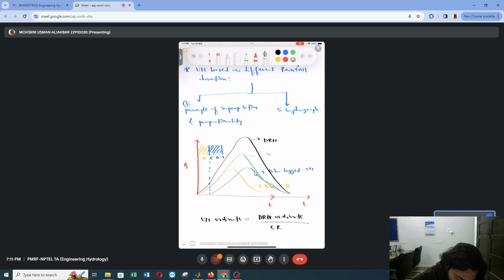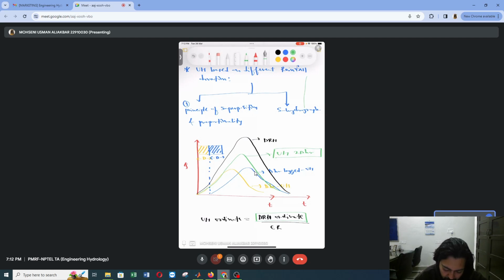So this could be the 2dr unit hydrograph. Why 2d? Because the input is now d plus d, 2d. Initially we developed the dr unit hydrograph, then we have taken the sum, then it becomes the 2d unit hydrograph, and by using this formula we got the value of DRH ordinate by multiplying the 2dr unit hydrograph with respect to effective rainfall. So this is how we can use the principle of superposition and proportionality in order to derive a unit hydrograph, which is based on two inputs. It can be multiple inputs, but I have taken an example of two inputs, right?